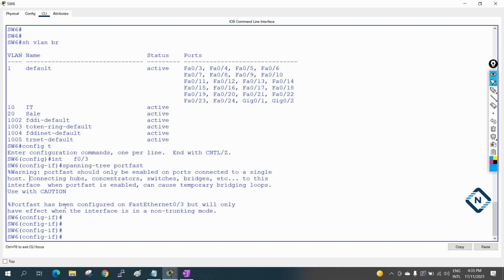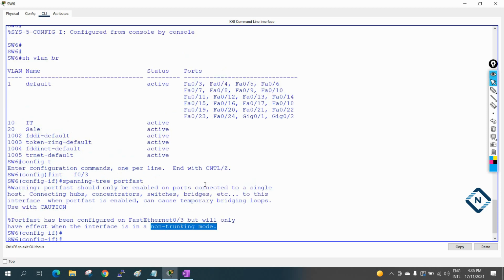And they are giving one more thing: port fast on FastEthernet 0/3 will only have effect when this is a non-trunking port. If we make this port a trunk and then enable port fast, it is not going to work. Anyhow, we did not make this interface a trunk.